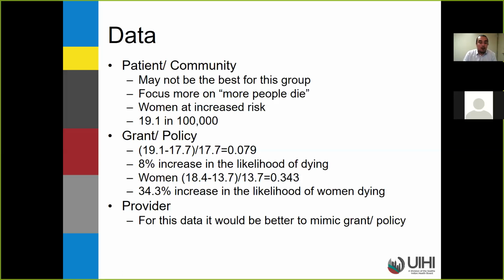Likewise, we do the same thing with the women's specific rates. So taking our group of interest, subtracting it from our referent group, and then dividing it by the referent group gives us 0.343. What that tells us is that women are at a 34.3% increased likelihood of dying from diabetes than non-Hispanic whites. Now, I think that this is actually quite an interesting number,